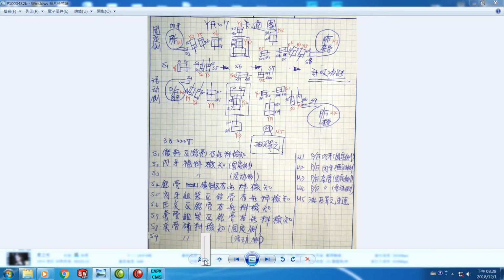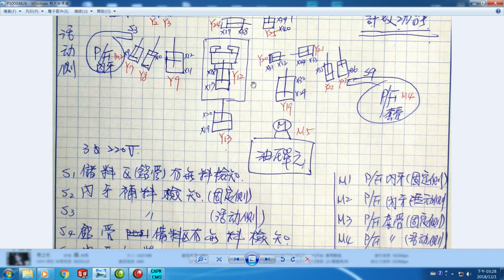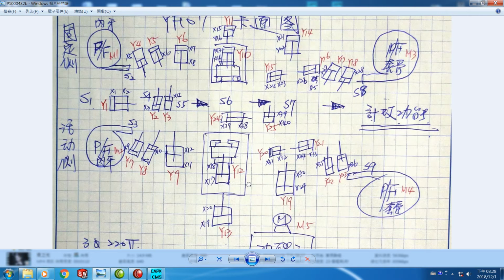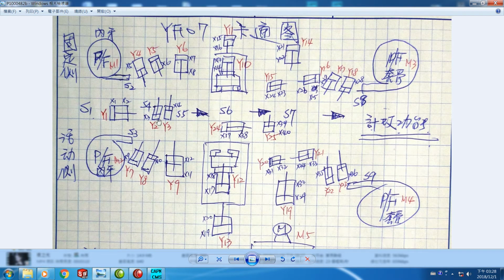Briefly speaking, the aluminum bar dropped from the slope to S5. As S5 senses there is material,